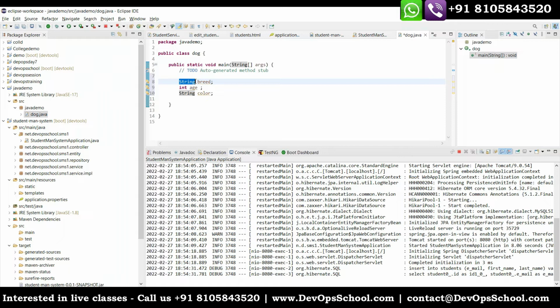Age is numeric, so it's an int data type, and then color is like that. So these are the variables that are related to that. Now, a dog has different actions that it takes, right? Based on that, what does it do? The dog barks, right? So let us